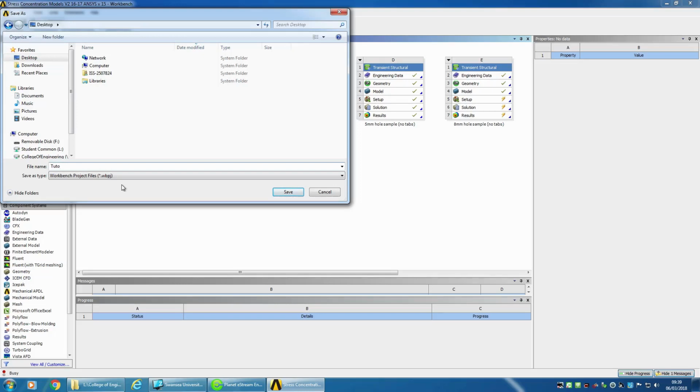So did you follow that? So on the L drive, mech-eng, EGA324, and go into last year's tutorial assignments, and you'll find the stress concentration models, V2. Okay? You can either open it there directly and save it onto the HUD, or just copy it onto your desktop, and we'll work on the desktop. We'll use this, and I bet none of this is going to work now because I'm doing it all from scratch, but